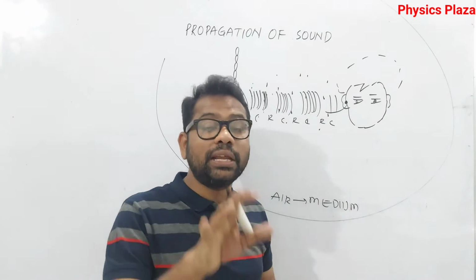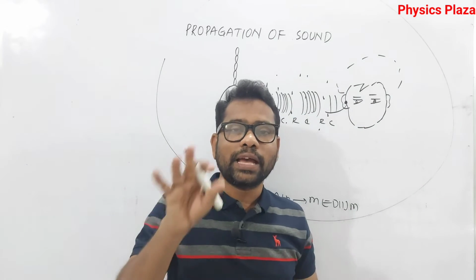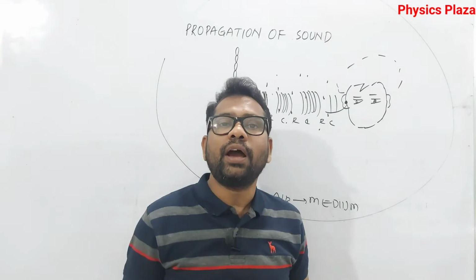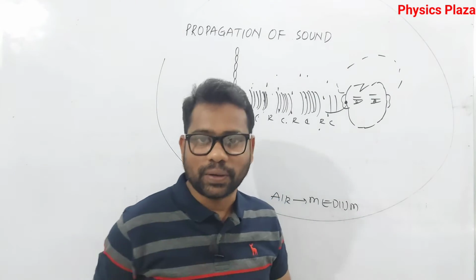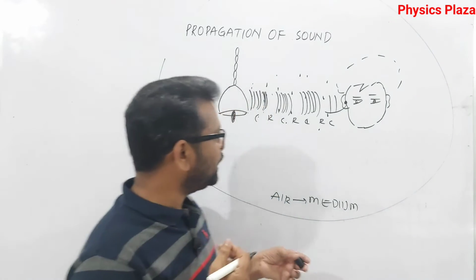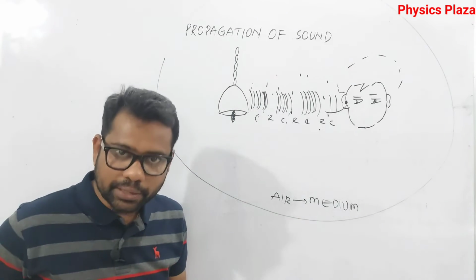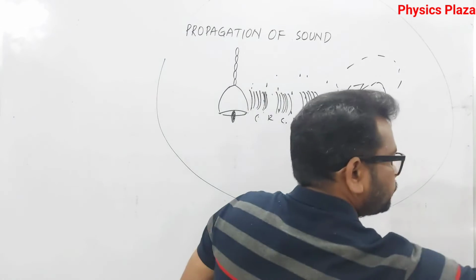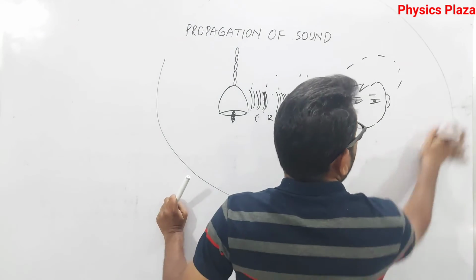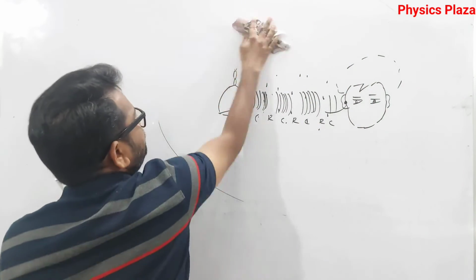So this is how sound can propagate in the air only, children. Here I am specially talking about air only. As per the syllabus also, we have the propagation of sound through the air only. Clear? Just copy this so that we'll move to the speed of the sound in different mediums. Clear? Fine.